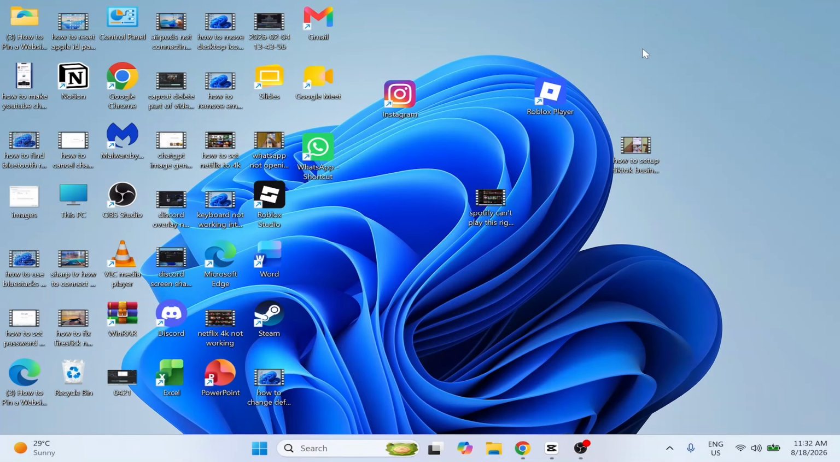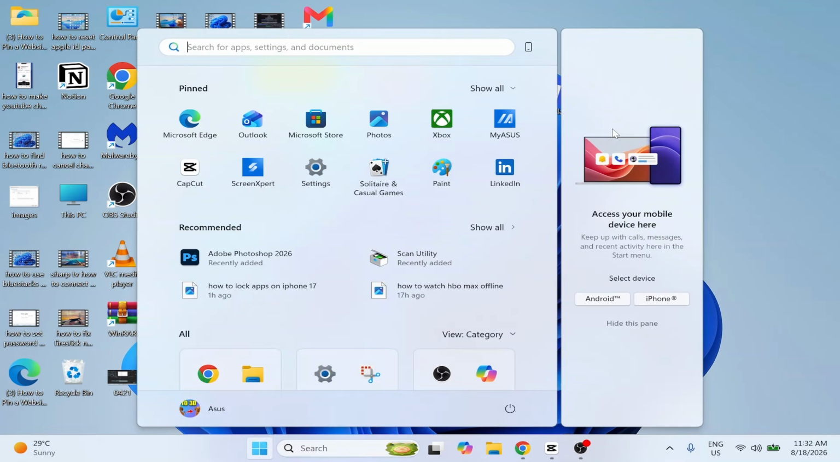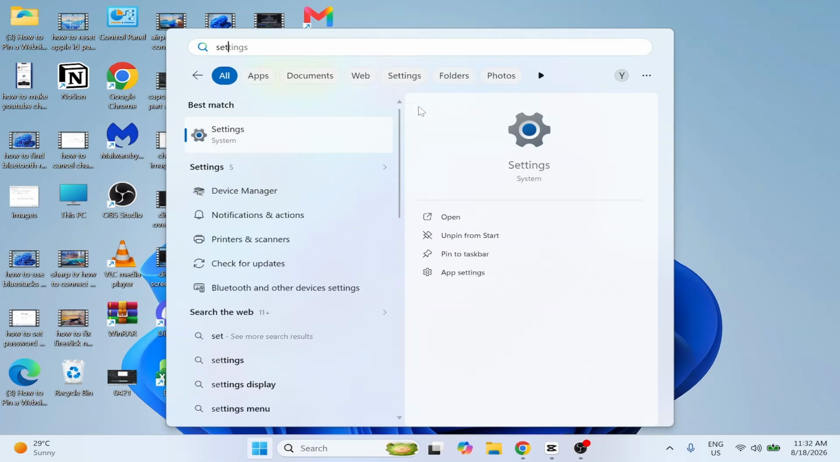How to fix your headset microphone is not working in Windows 11. So to fix your microphone not working, first open up your Start menu, search for the word Settings and click